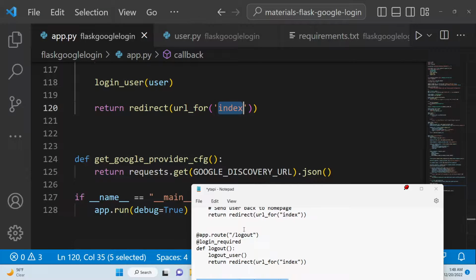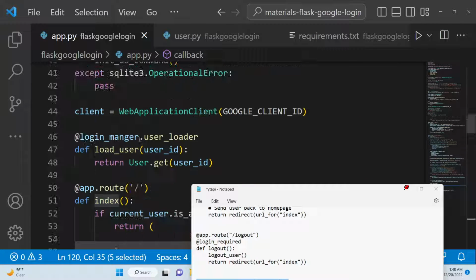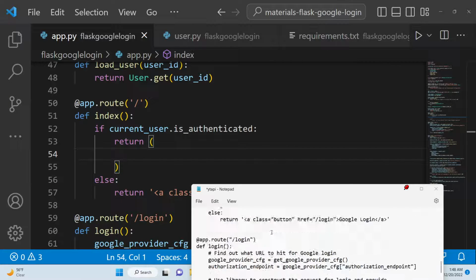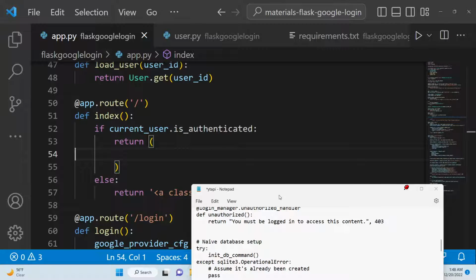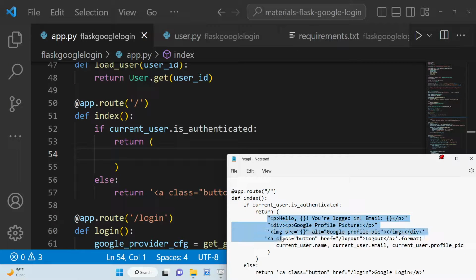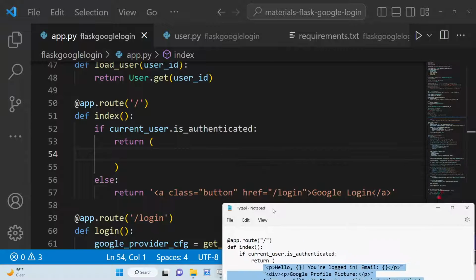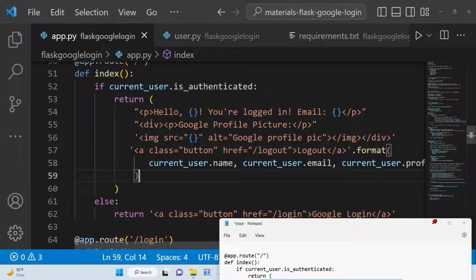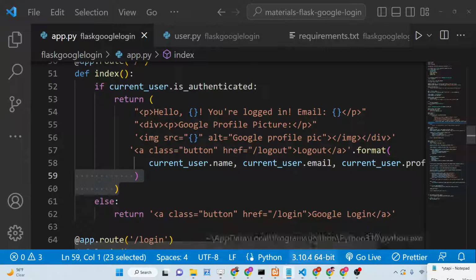So now we just need to move to the index page, guys. So here we just need to display the information. So in this if block, we just need to display this information that you see on the screen. So this can be a simple template, guys. So I can simply copy this code. Simply copy this. You will get all this source code in the description. You will see this message, you are logged in with this email address, this profile picture, and this, you will see that. Now if I load this application,